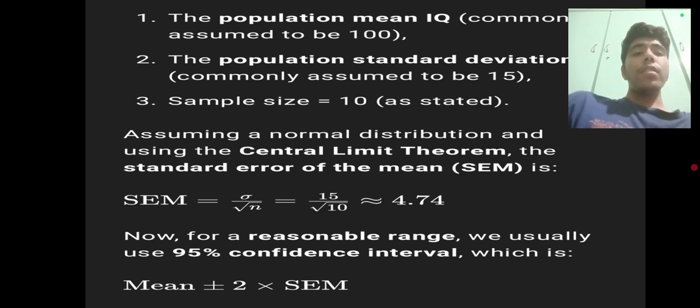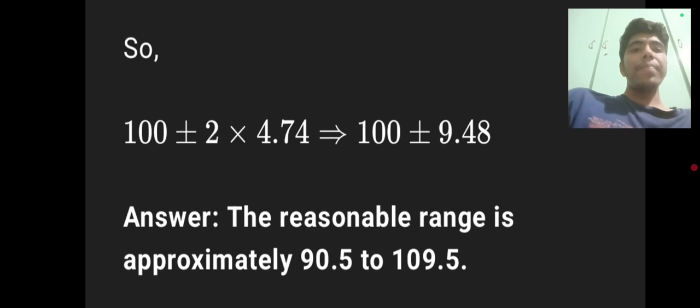Now, for a reasonable range, we usually use a 95% confidence interval, which is mean plus or minus 2 times the standard error of the mean. So, 100 plus or minus 2 times 4.74 is 100 plus or minus 9.48. The reasonable range is approximately from